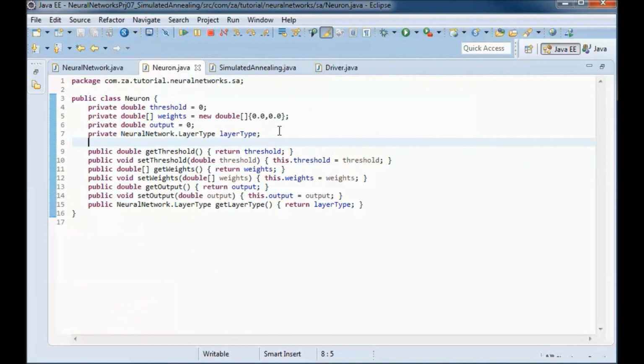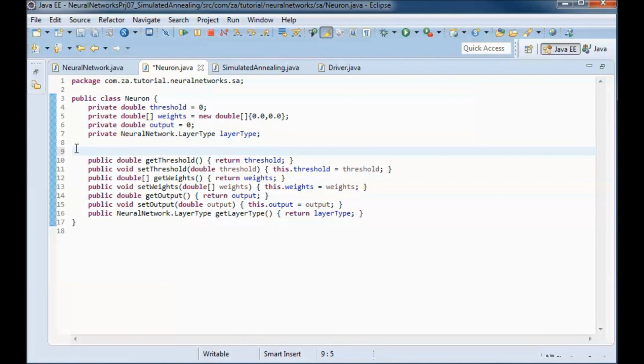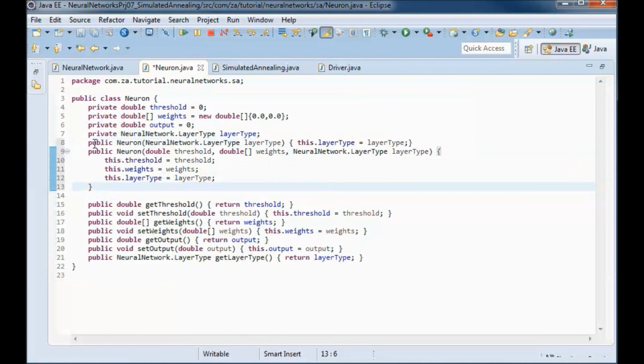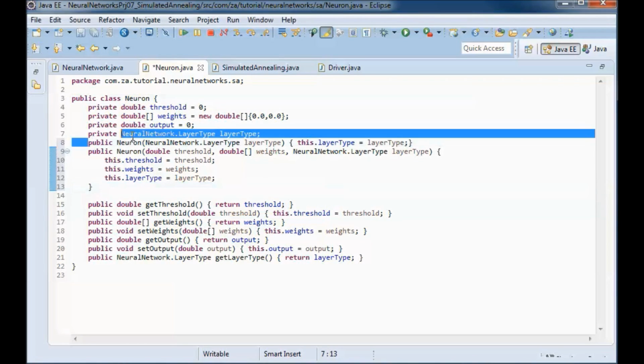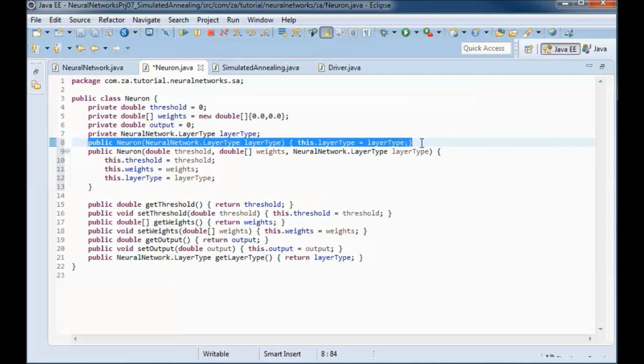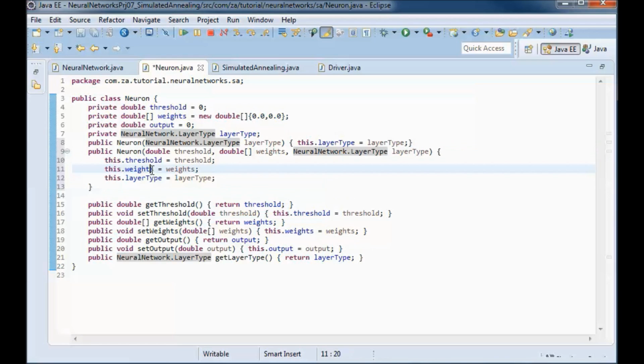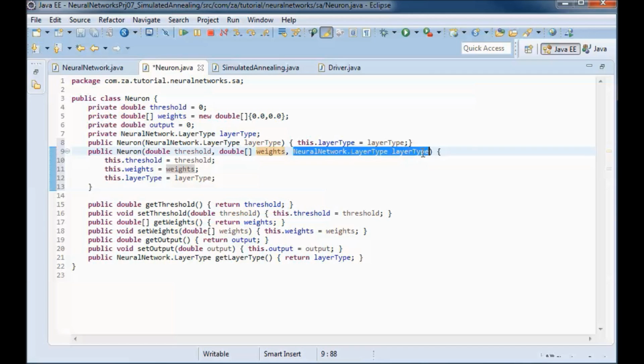Now the neuron class will have two constructors. One that instantiates a new neuron given what layer it will belong to, and another one, it will instantiate a new neuron given a threshold value and the two weights and what layer it belongs to.